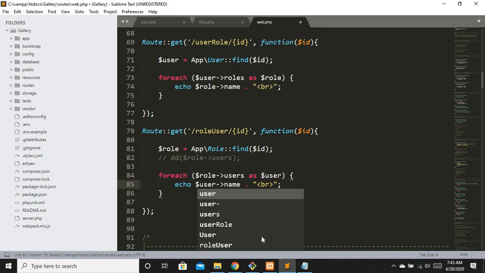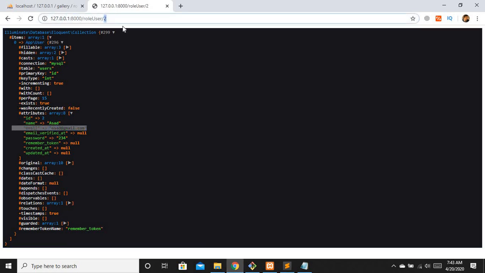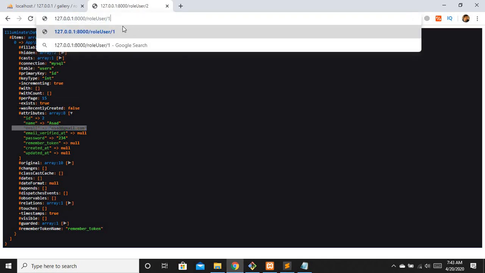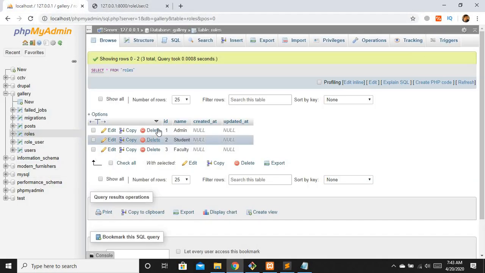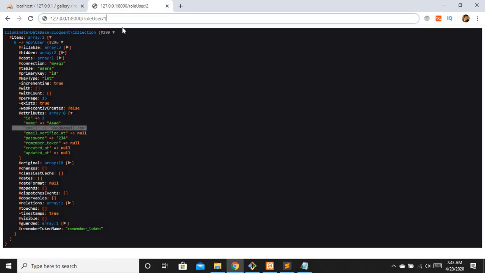Let's say user name, all those usernames who are admin. So I'm going to hit the first id, because the first id is equal to admin right here. Let's hit refresh, and we have two users on separate lines. Basically we have two admin users, one is Tosif and the second one is new.